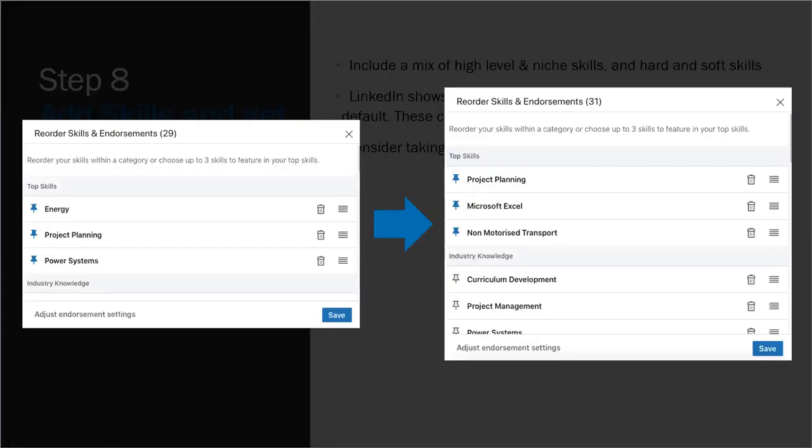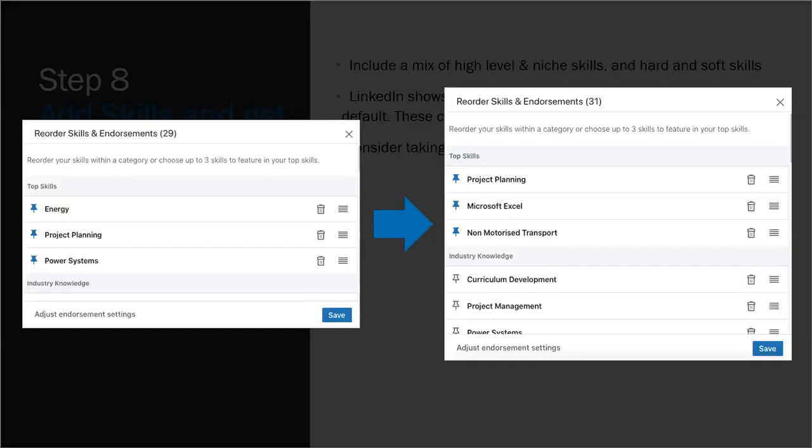So having skill sets, for example, like photography, when you are in finance, would rank you in photography as opposed to finance. Although you may have a skill set which you are competent in, be cognizant of the fact that when LinkedIn matches you to jobs, it takes that skill set into consideration.